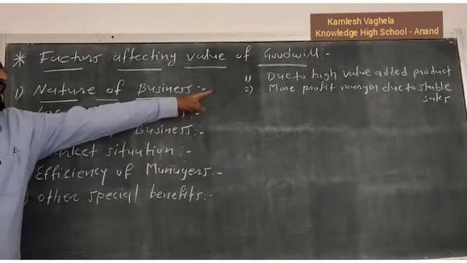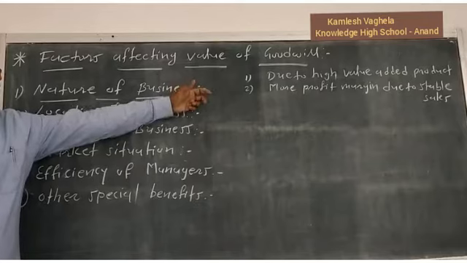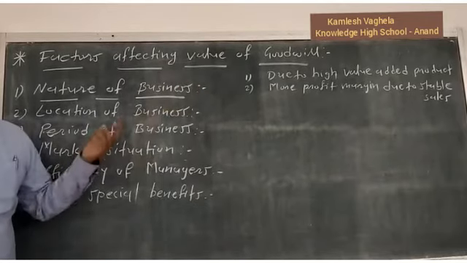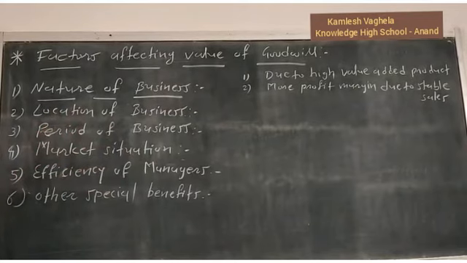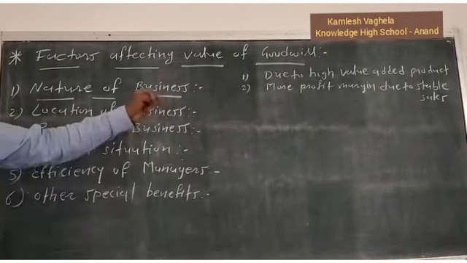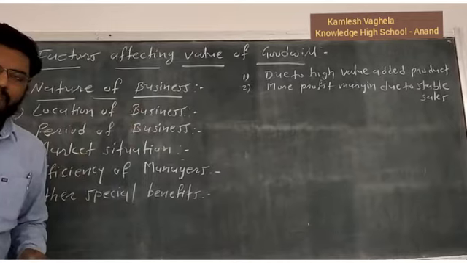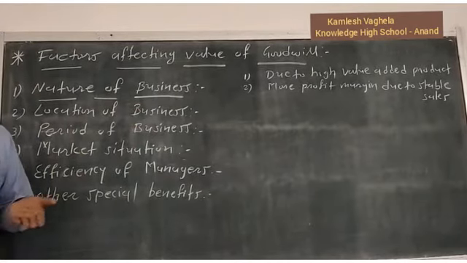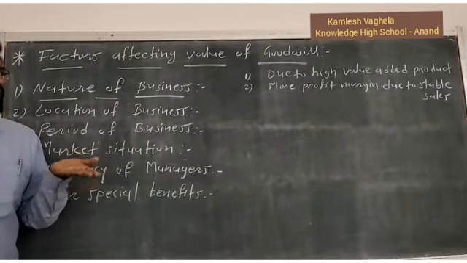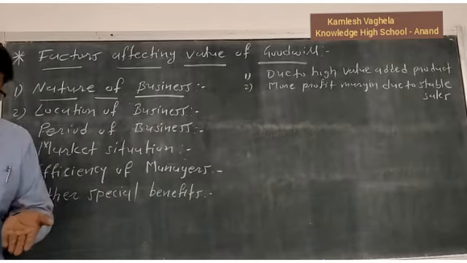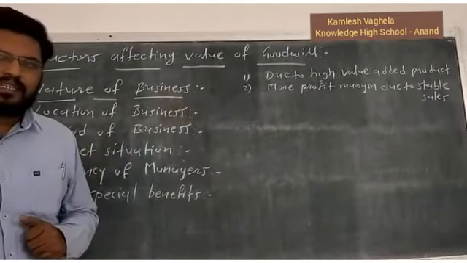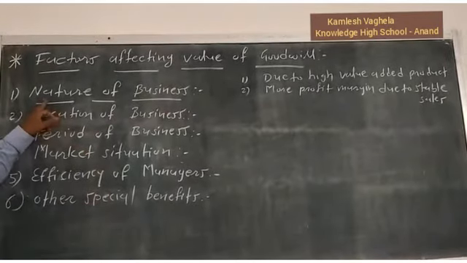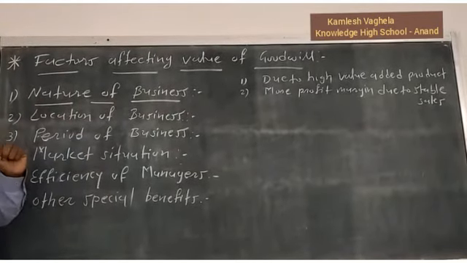So first one, due to high value added product means what? We are selling such a product in which we are adding more value, so that our profit is more compared to other firms. And more profit margin due to stable sales means what? Our sales are stable, so we can increase the price of our product, and whenever we increase our price, our profit automatically increases. Okay, so first reason is what? Nature of business. Second, that is